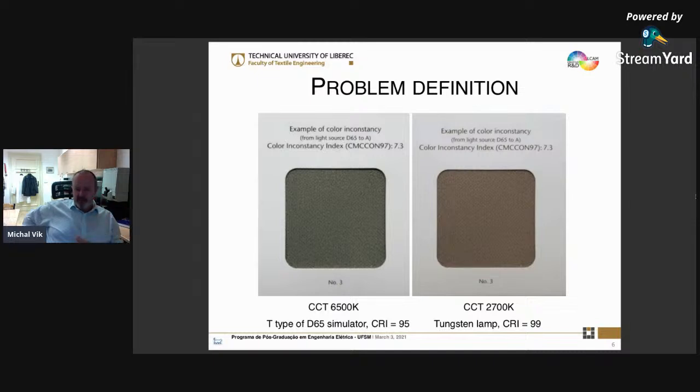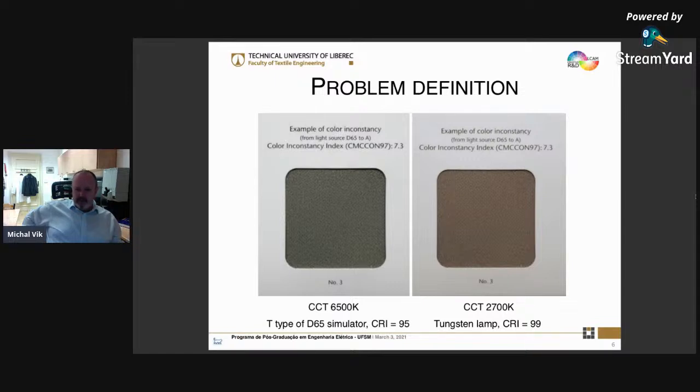If I change my light source to a tungsten lamp with a correlated color temperature of 2700 kelvins, you can see that the same sample appears brown, or more reddish generally,